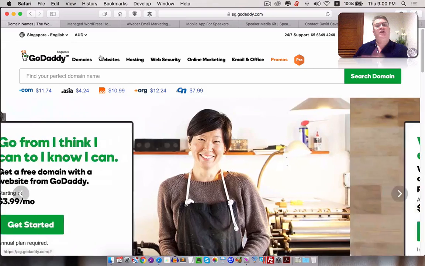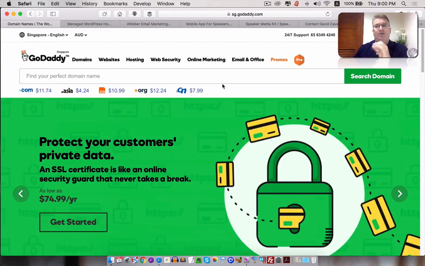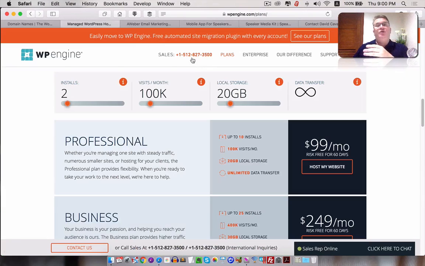Here's what I'm doing for you. If you go and register your domain name, it costs you $10, $11 just to register a domain name. I'll do all that stuff for you. If you're going to set up hosting, which I give you 100,000 visitors a month, 20 gig of storage, a couple of installs there, it costs you $99 a month with reputable web hosting companies like WP Engine, etc. You don't use HostGator, you don't use Bluehost, you don't use EIG kind of hosting because they're crap and they fall over and someone goes to your site and the site cannot be found. I've had 99.9998% uptime on my host. So you're up for $100 normally a month, you know what I mean?